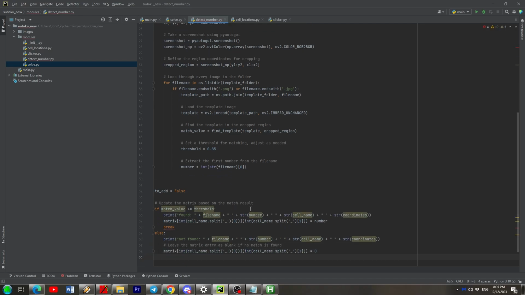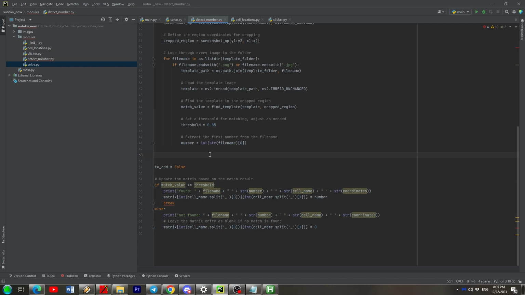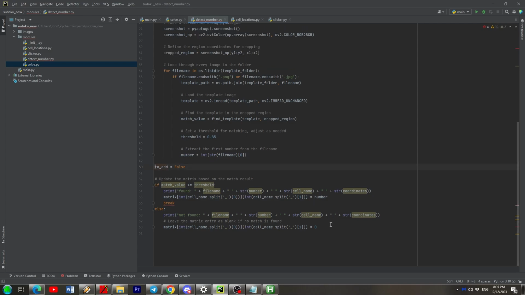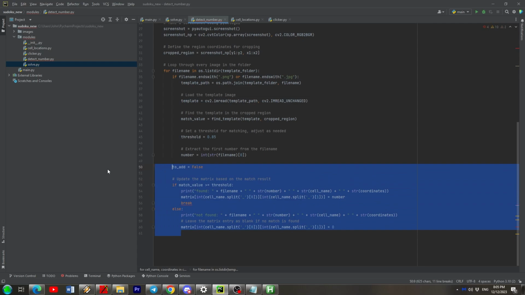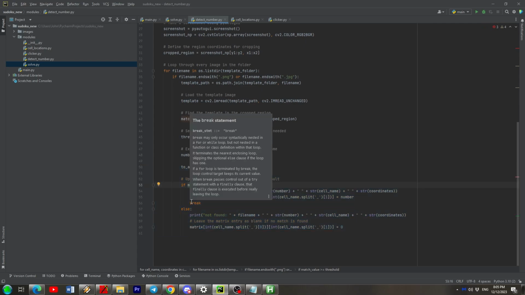The print statements here are just for debugging purposes and you don't strictly need them, but if you need a bit of confidence that the image recognition is working as intended, this will print off all the information you might need to see. In the dictionaries I created for cell locations, I use an underscore in every key in an attempt to be organised. For example, 6_4. 6 being the row, 4 being the column. These lines are basically removing the underscore and deciding whether or not to insert the matched number from the image to, for example,